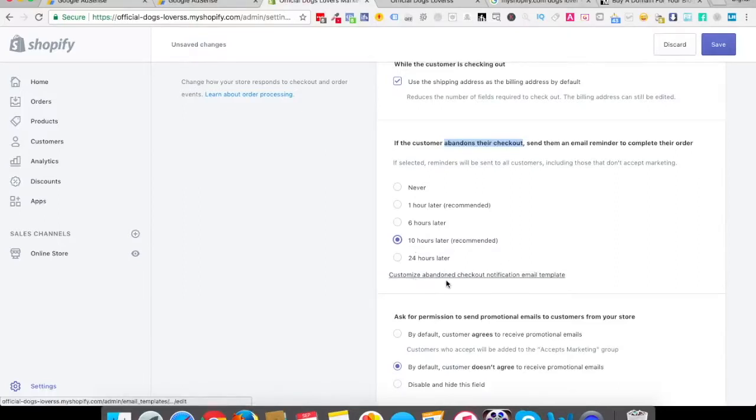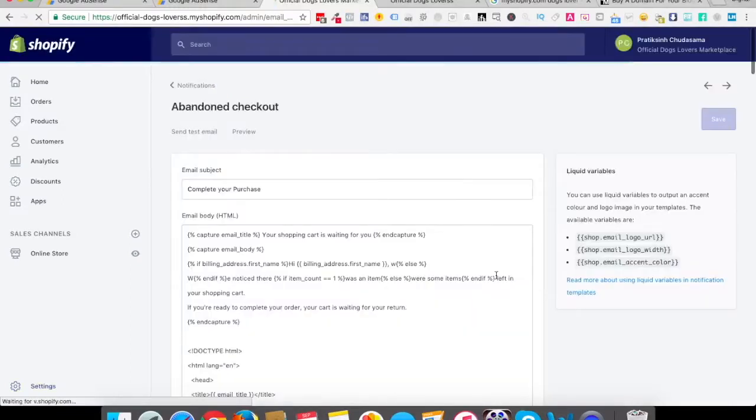And then I'll say customize abandoned checkout notification email template. If I click on this, it will open up the template which will be sent. So "Complete your purchase" would be the subject line. So what I'll personally do is I'll go